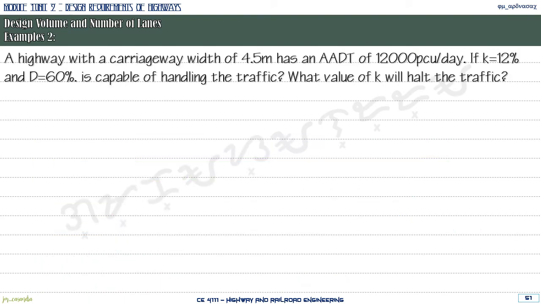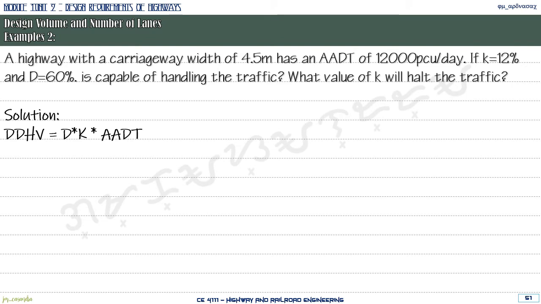Okay? So another example, a highway with a carriageway width of 4.5 meters has an AADT of 12,000 PCU per day. So if we have a K value equal to 12% and a directional distribution of 60%, is the highway now capable of handling the traffic? Likewise, what value of K would cause the highway to halt? So for the first question, is the highway capable of handling traffic? So for our solution, we have to compute for your volume capacity ratio. So we have to solve first for your